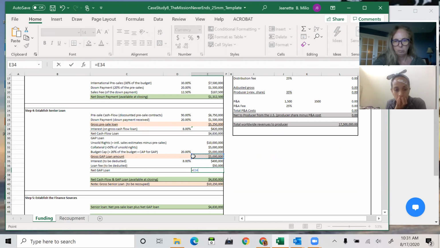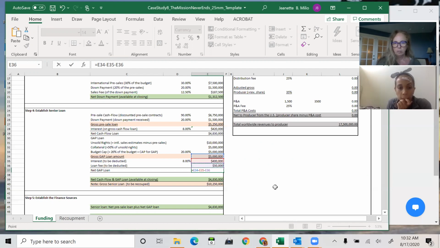You're deducting the interest and the loan fee? Yeah, correct. Because those are my costs. These are the costs that I have to deal with on this loan, because the bank is charging me this and I'm not going to get the entire loan. So I'm just deducting the interest and the loan fee to figure out what I'm left with in the end.